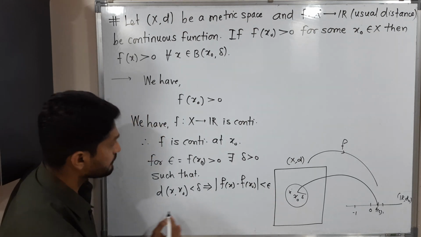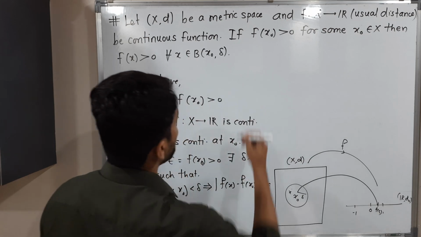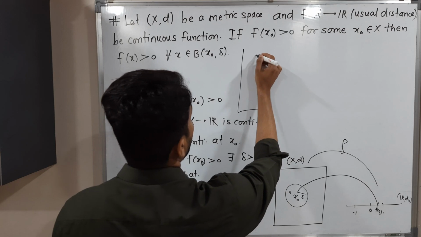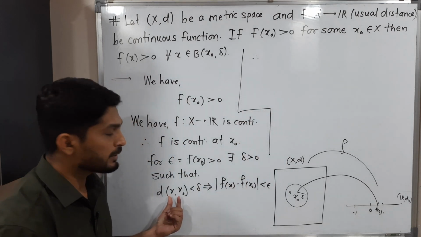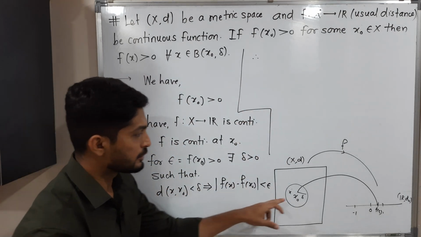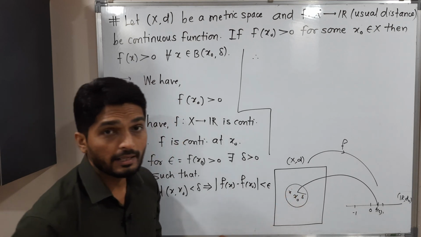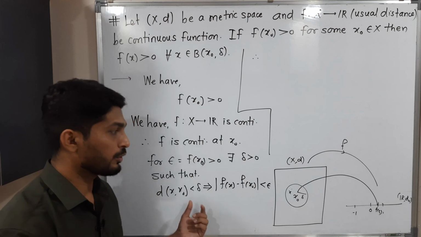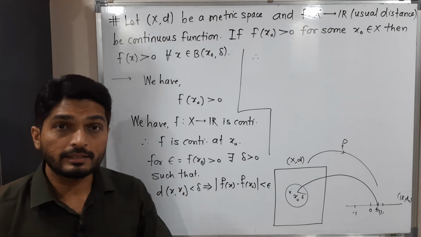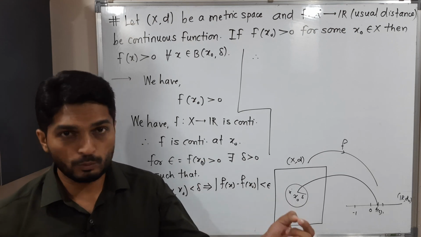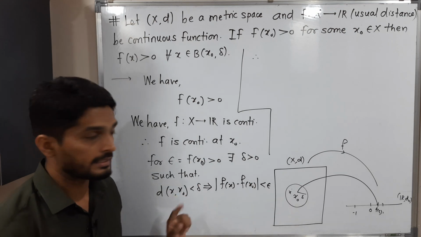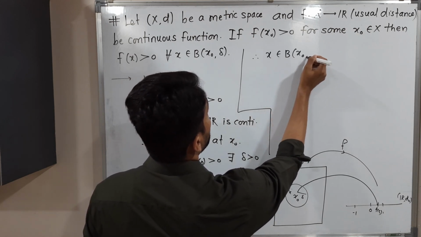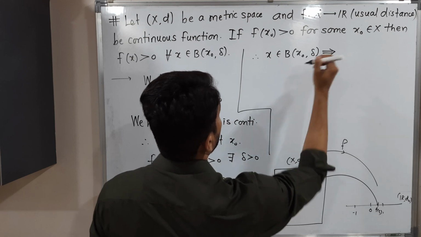Therefore, the distance between x and x naught is less than delta. That means the point x lies inside the ball with center x naught and radius delta. If this distance is greater than delta, then we say the point lies outside. But here we have a distance less than delta. So we can mention x belongs to the ball with center x naught, radius delta, implies